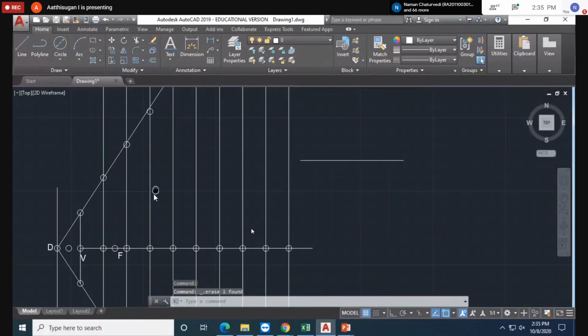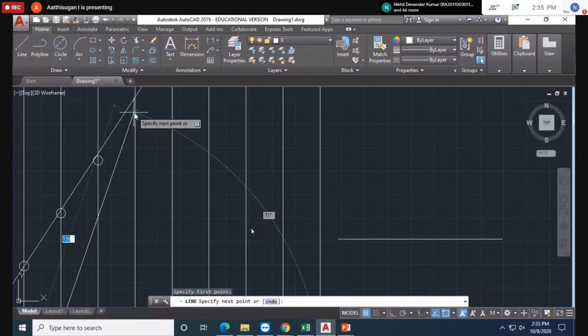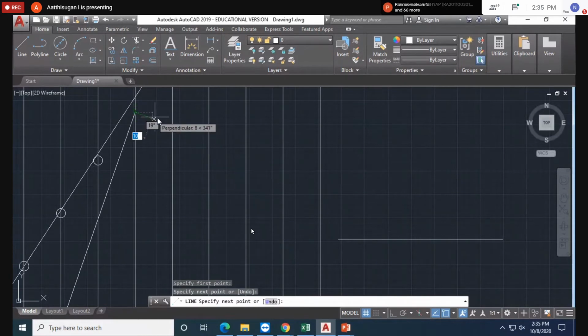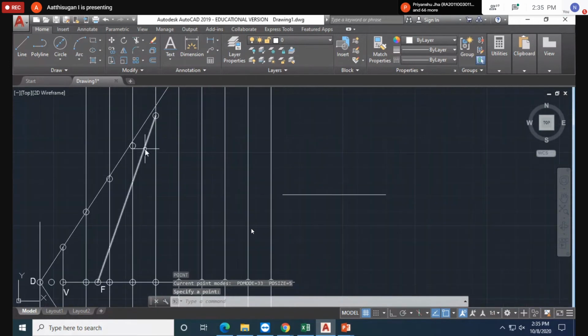Similarly do this for these measurements. This measurement, how much? Just measure it with the dimensions. This intersection is how much? 150. So draw a line, or normally you draw the arc. Instead of drawing the arc, measure it like this. The 150 is somewhere here, on the same line, wherever you take measurements. Now click the point, then delete this one.